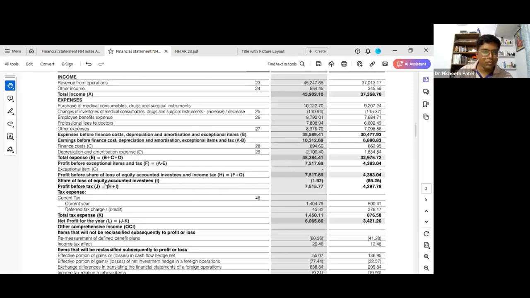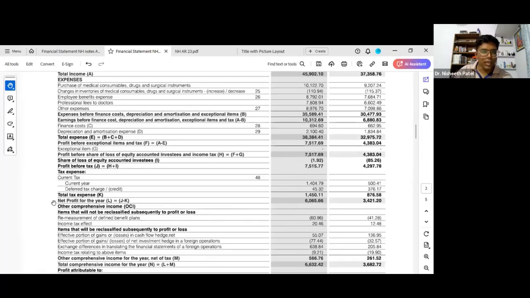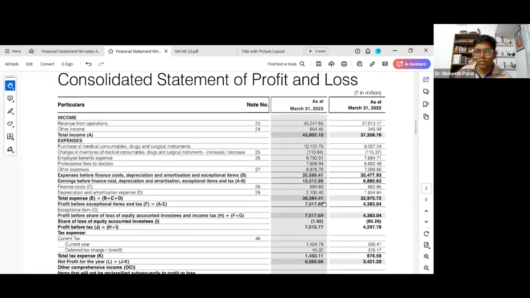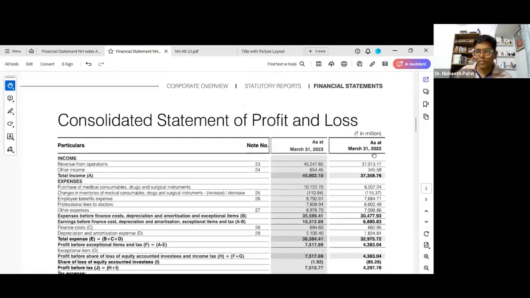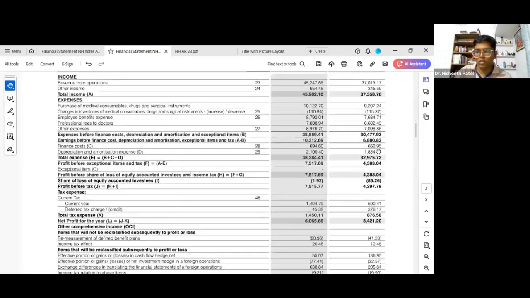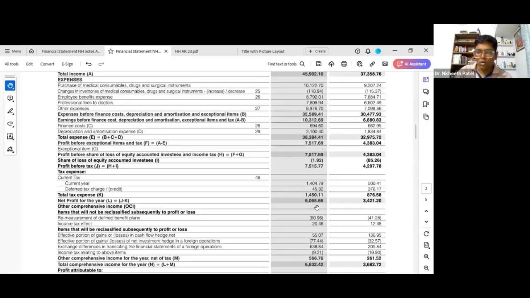Okay. And after that, they have paid some tax. The total tax expense is 1,450 million. So what is the net profit of the year? That is 6,056.66. Okay. So overall, the company has made almost 606 crores in the last financial year. And if we compare that with March 2022, the company has almost doubled the net profit from 3,421 millions to 6,065